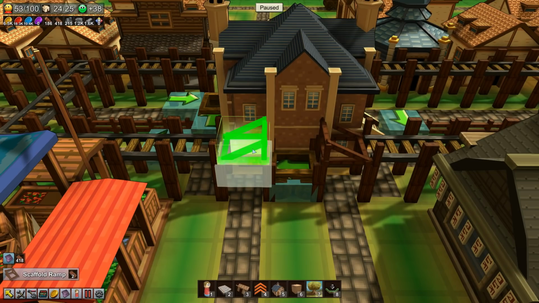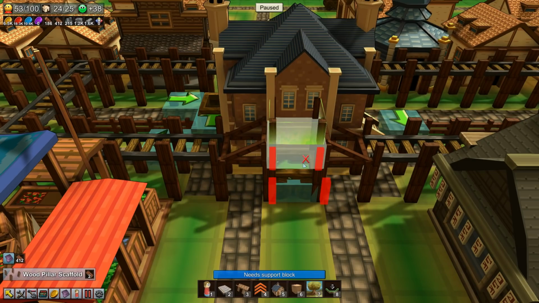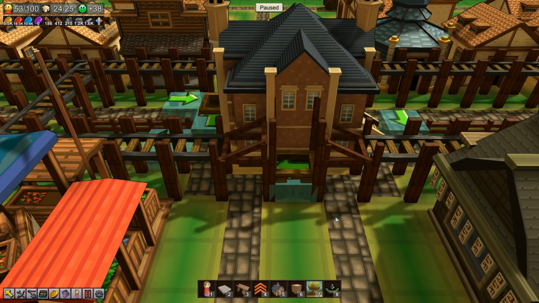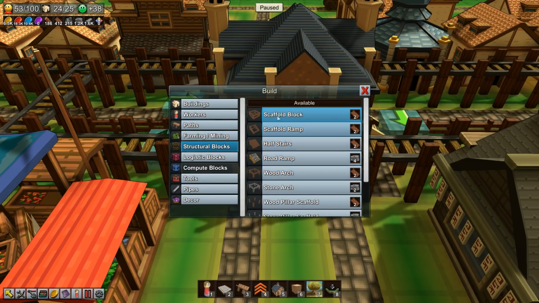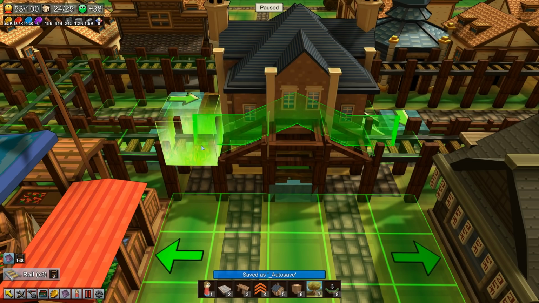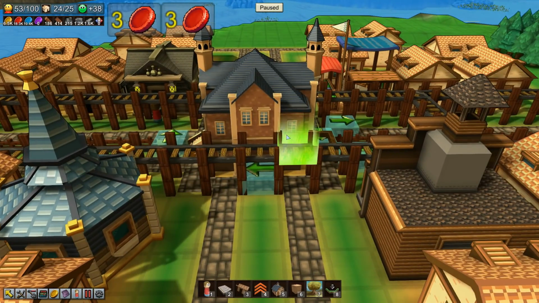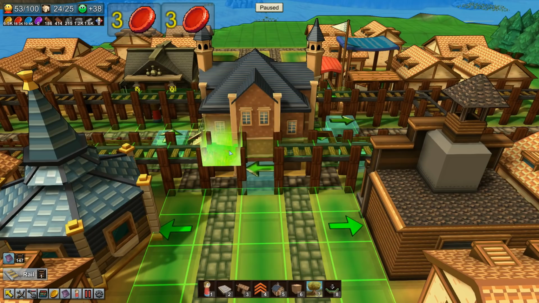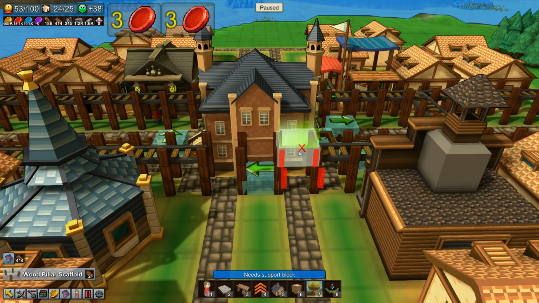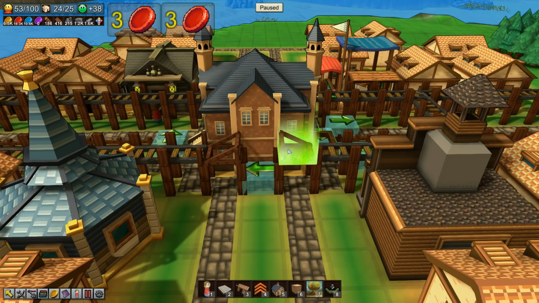Up, down, road, scaffold. No. We're going to use an actual scaffold block here. Scaffold, thank you. Down, that. Then we'll put the rail. So, and that's just going to be enough to slow them down. We'll do it on both sides. So, scaffold block there,